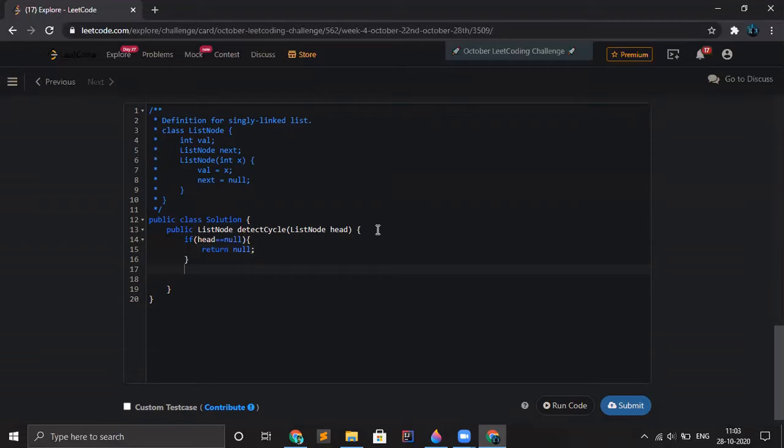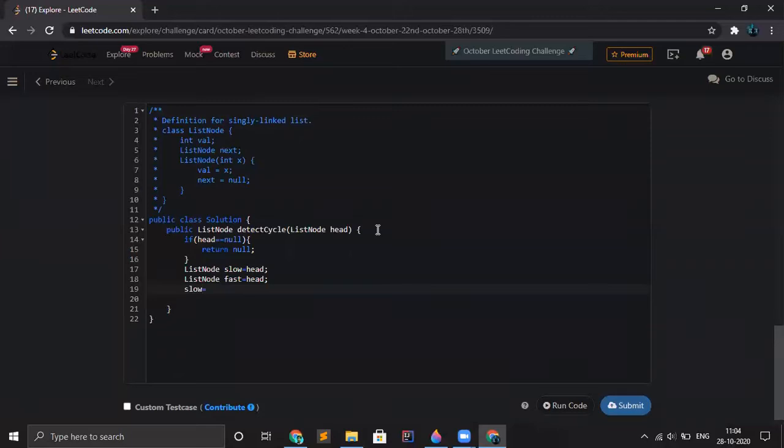After that, we need to make two pointers called slow and fast.